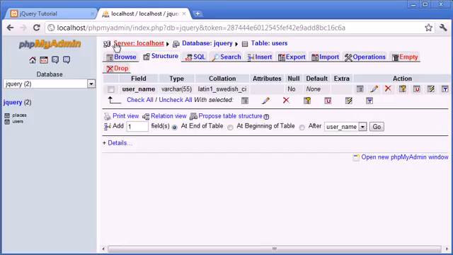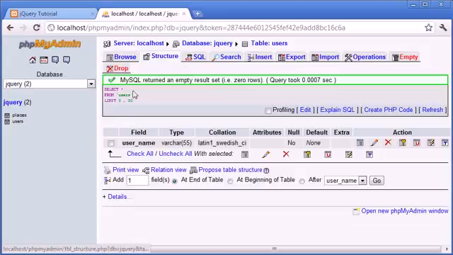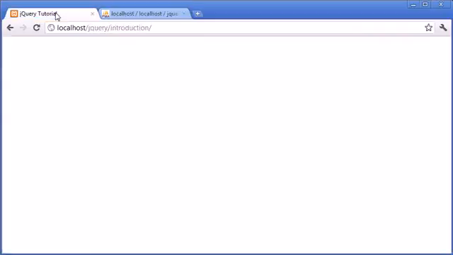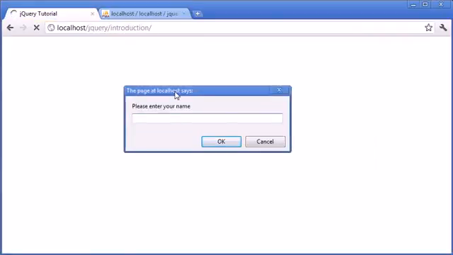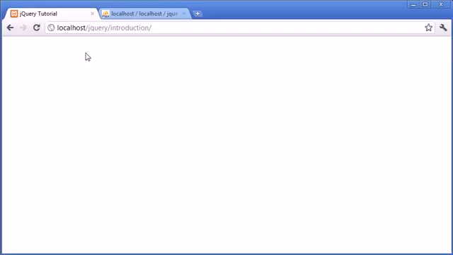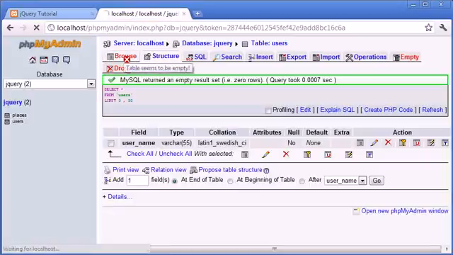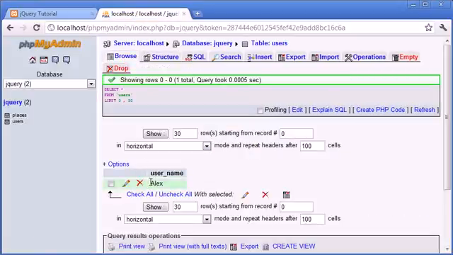So let's go ahead and browse our database table. You'll see that there's no records there. MySQL returned an empty result set. When I refresh the page, I have the option to enter my name. So now the process starts. So I'm going to type in Alex and press enter. Obviously we don't have any data relayed to the screen because we haven't started actually retrieving the list of names yet. But when we browse our database table, you can see that my username has been